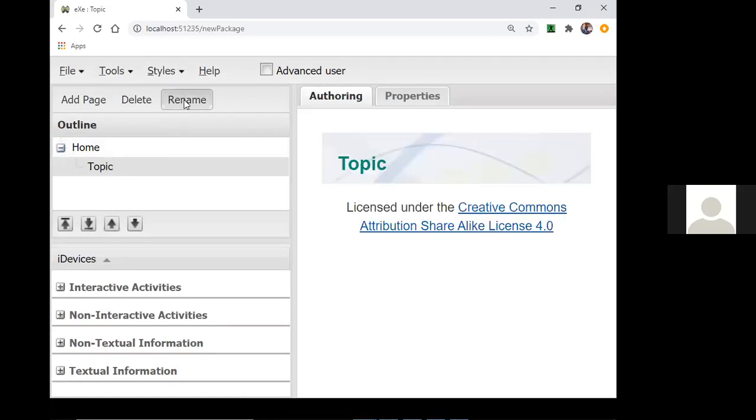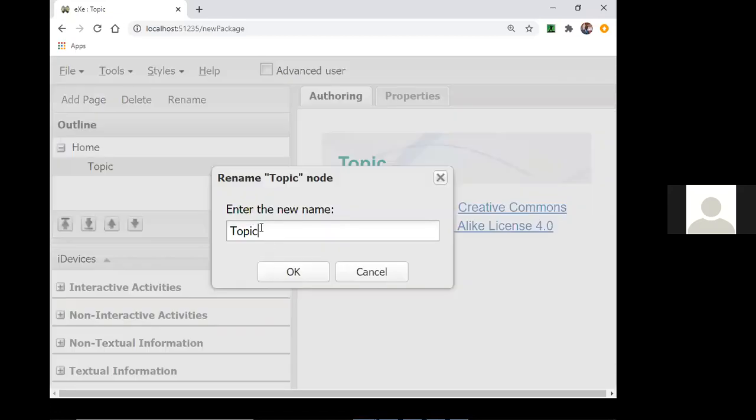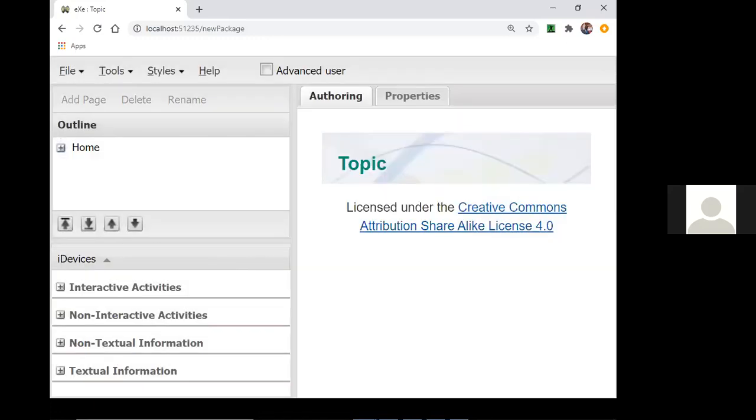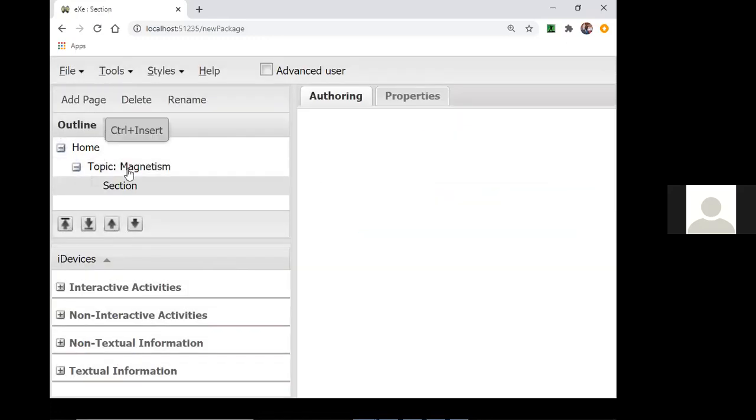Renaming it, I want to call it a topic. Let's say I want to teach a topic like magnetism. So my topic for the day will be magnetism. It shows there. I'll add a page for the subtopic.